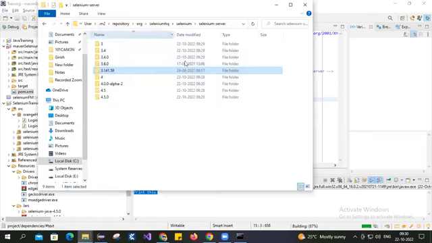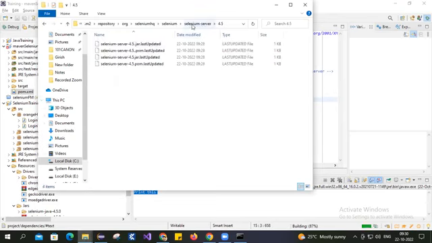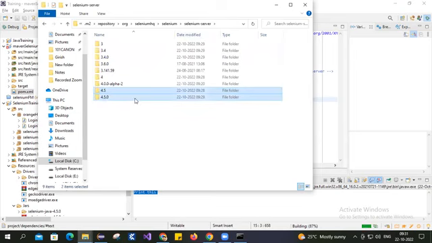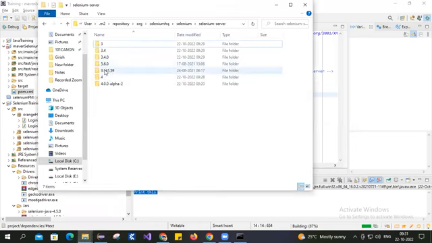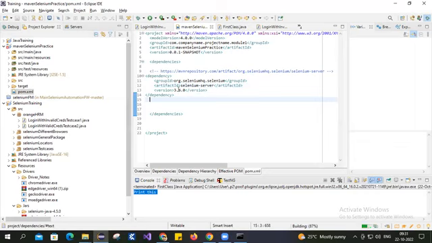Let's say we want some other version. 4.5 is not there. So 3.141.59 is what I want to switch to. Let's say 141.59, and then save it. So I'll save it here and then